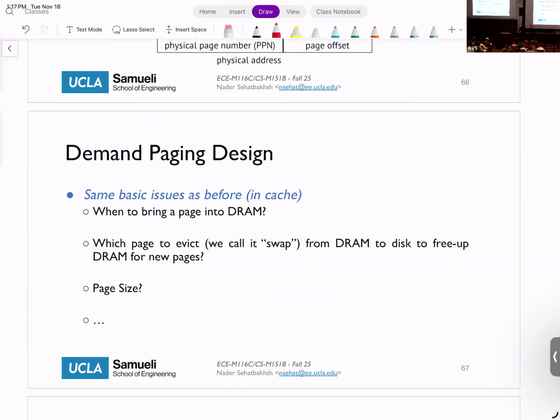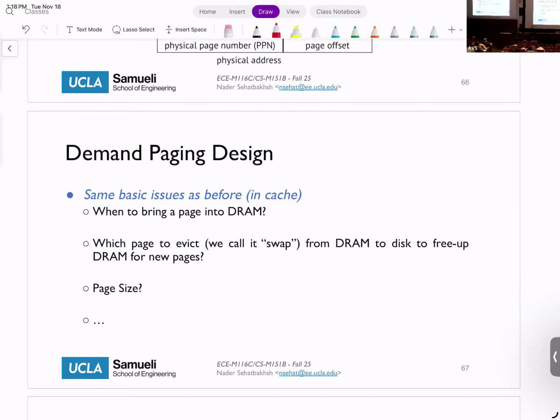What should we store in DRAM? What should we do on the miss? Should we bring the new page? Should we store it? All those questions that we ask for the cache, to some extent apply to the DRAM, right? In the cache, we ask questions like, should we bring the block or should we leave it in the main memory? Should we put it as an MRU or as an LRU? Should we be proactive and prefetch things, or shouldn't we touch it and let the CPU decide when to access things? All of those questions apply here as well.